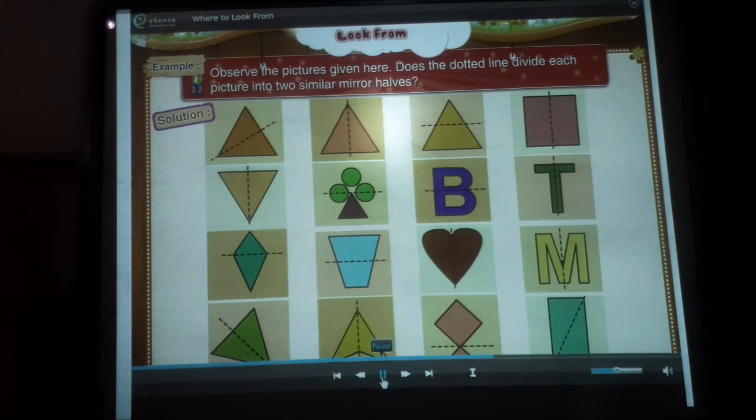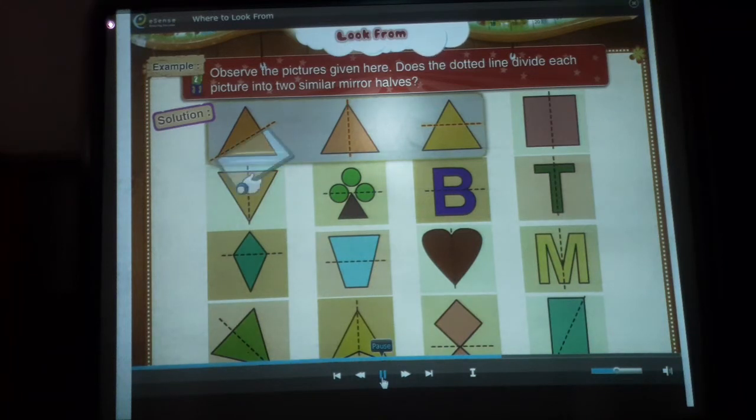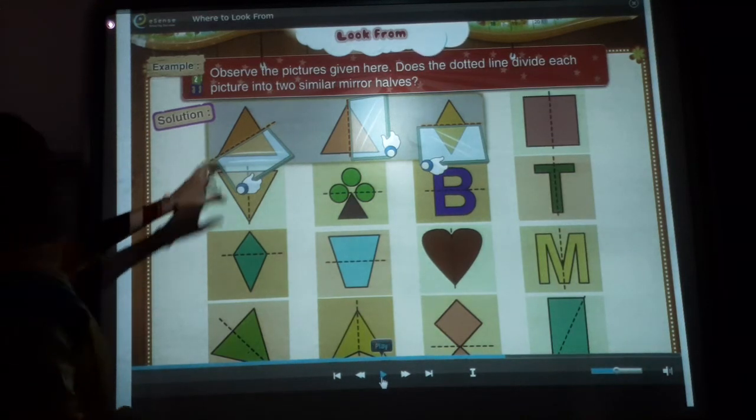Solution. The first three figures given here are of triangles. A dotted line divides each of these figures into two parts. If you observe carefully, you will find that in the first two figures, if a mirror is placed on the dotted line, both the parts look exactly the same. But in the third triangle, if we place a mirror, look, you need to understand this, that it is a triangle,